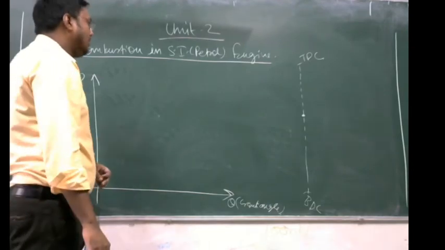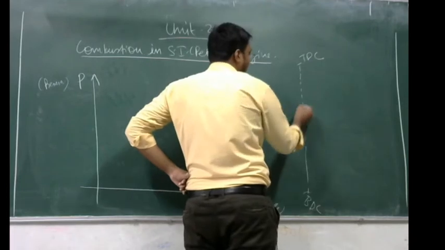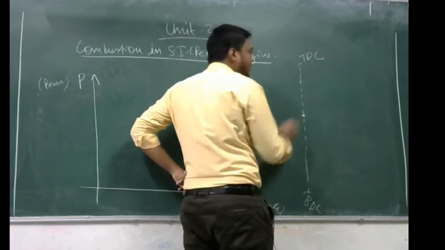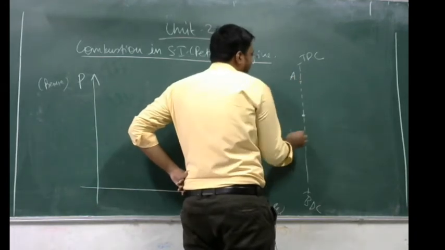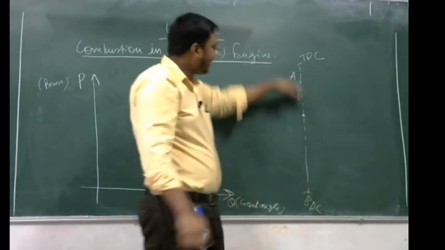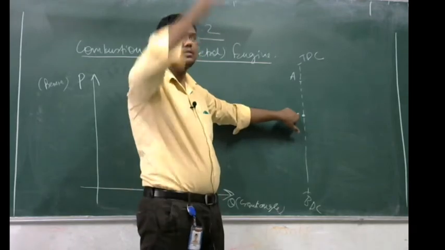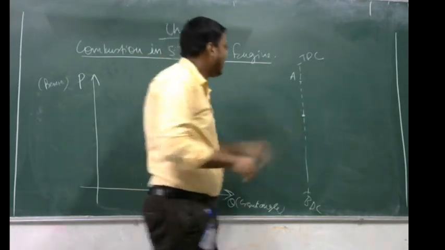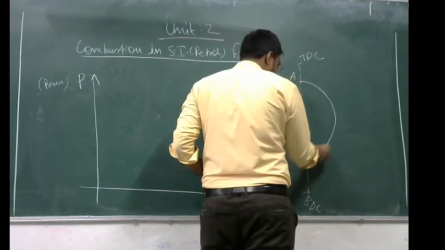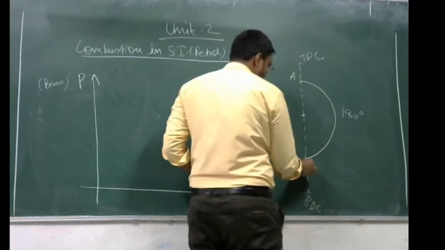We will see the rotation of the crank with the process in the IC engine. Initially the piston will be on TDC. Let us assume this is point A. So initially the piston is on TDC and the crankshaft is at the top position. Now for the suction stroke, the piston comes from TDC to BDC and the crank will rotate by 180 degrees, as we studied in the valve timing diagram. So here we reached point B.